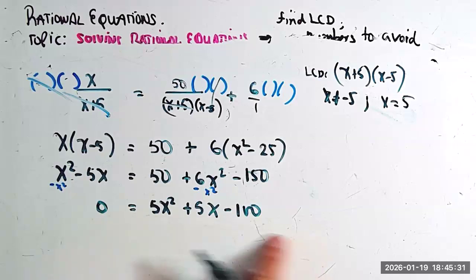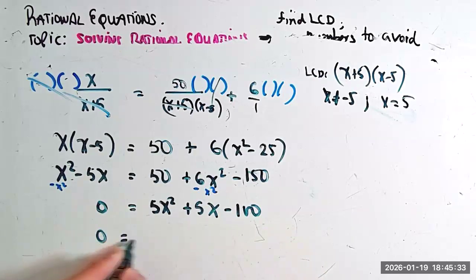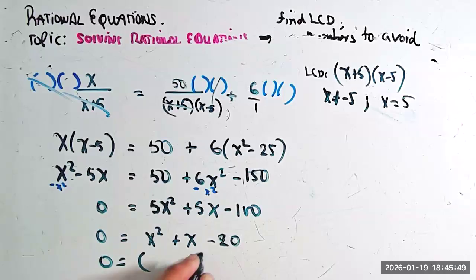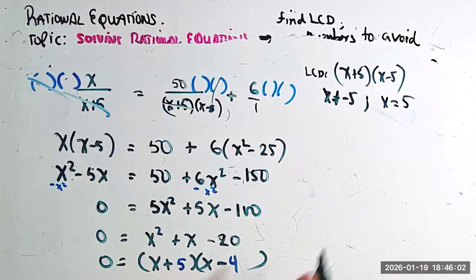Notice that I can divide by 5. So I end up with what? x squared plus x minus 20 equals 0, which of course we can find factors of negative 20. That gives me positive 1. 5 times 4, we need to play with the signs. x plus, x minus. So I need my positive 1, so the 5 is the positive, the 4 is the negative. Yeah. So x plus 5